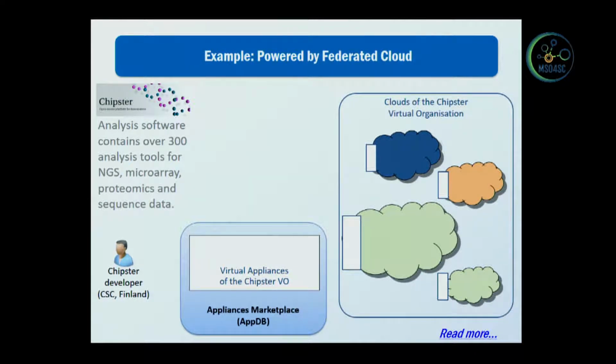The second example, which I want to detail a bit, is about the federated cloud and the cloud service that we offer. And this is through Chipster, which is a bioinformatics toolset that includes more than 300 analysis tools or models in it. And it is developed at the CSC Institute in Finland. And what we did with them is that we created a virtual organization, a resource pool out of the cloud providers we have. And this resource pool can be seen on the right side. There are 4 clouds